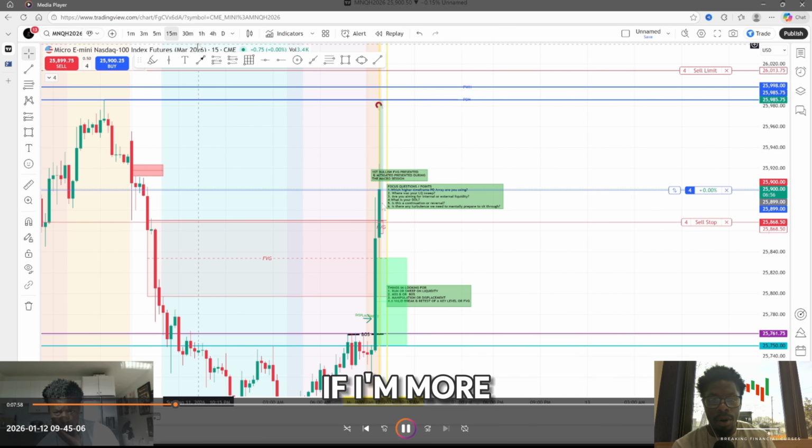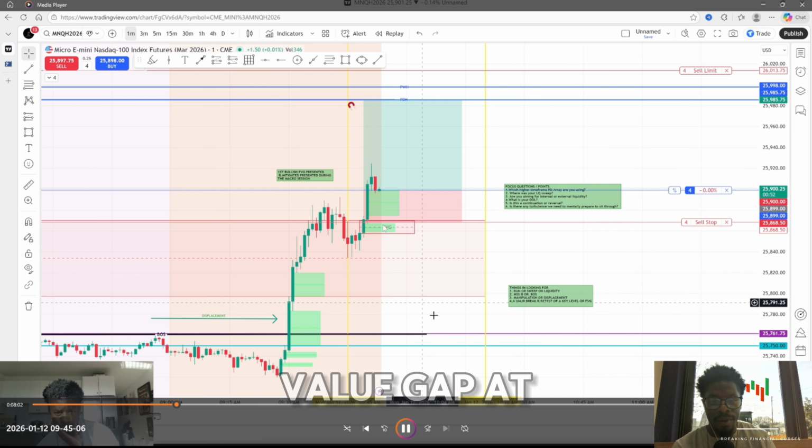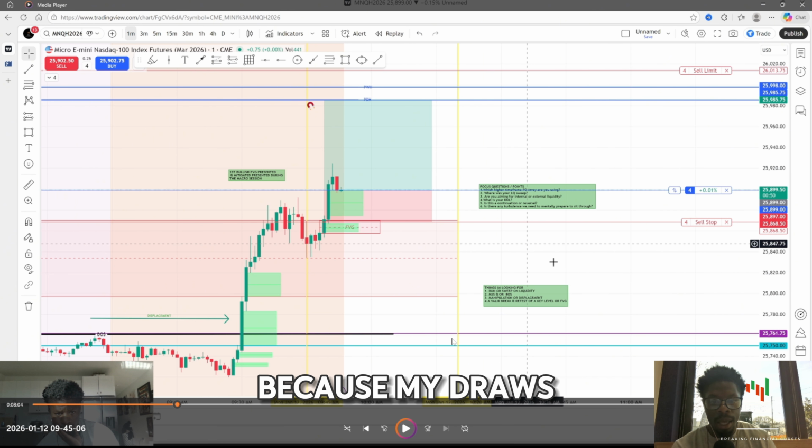And if I were to lose it, then okay, cool. I just want to take another re-entry at the fair value gap at the bottom because my draws on liquidity were still towards the previous day high and the previous week high regardless. So I'm like, okay, if we lose, I still don't see price breaking all the way below this inverse bearish fair value gap on the hourly time frame, because what does it want to go toward? So if I take a loss right here, I immediately want to get back in at the top of this